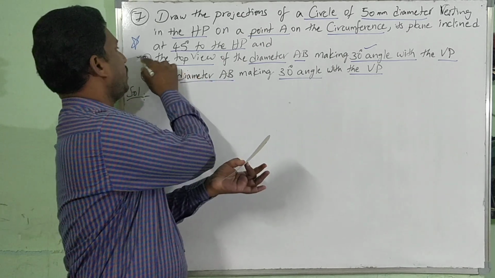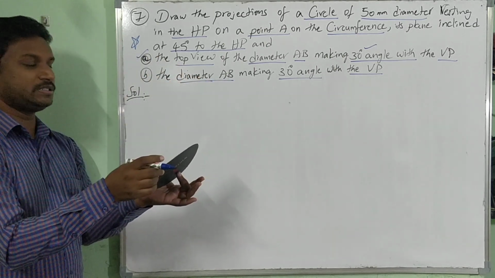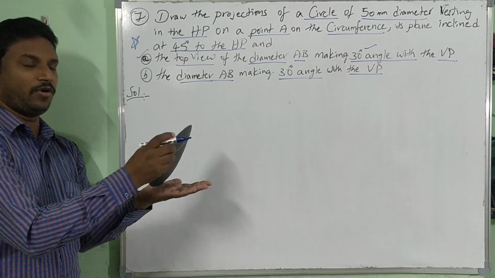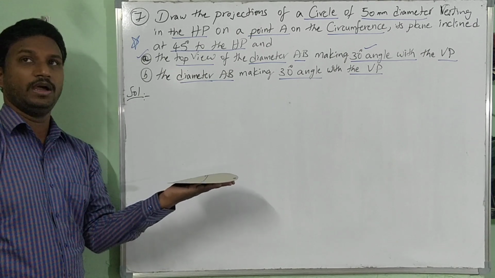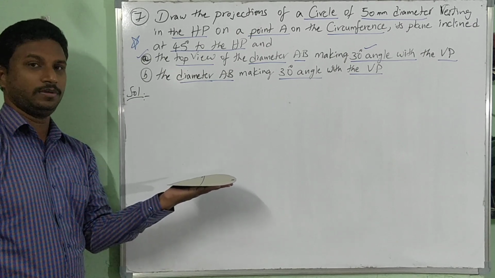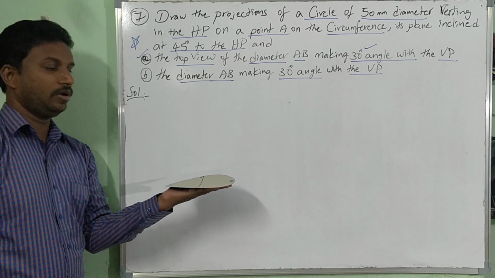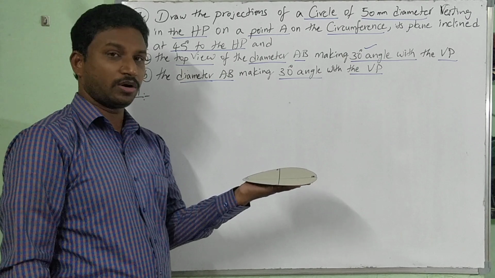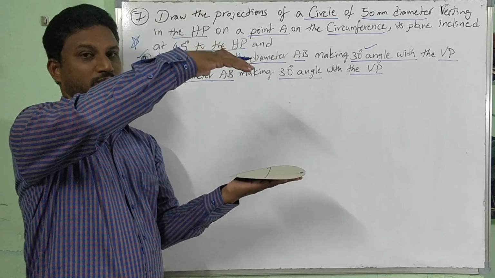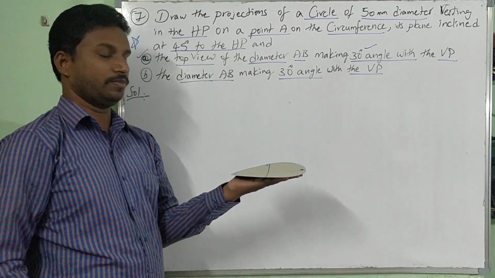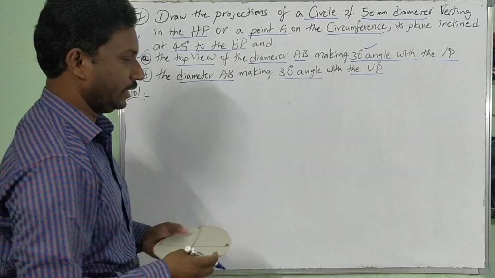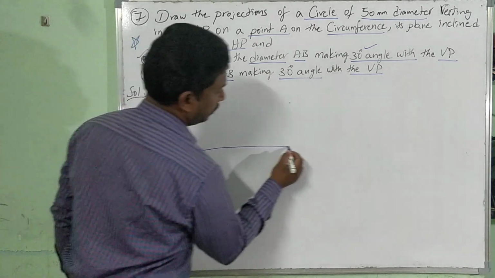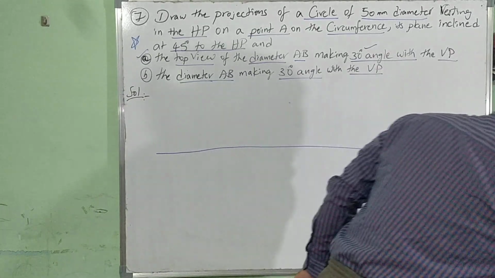As per this question, we are making this 30 degrees into normal position, straight AB. Whatever the 45 degrees angle of AB is there, we are removing it and keeping it like this. Now, what can you draw? You can draw the true shape. In which view can you draw the true shape? Top view. In the top view you can draw its true shape. Now the front view will be a straight line. So it's a little bit lengthy problem, but let me draw it very clearly.